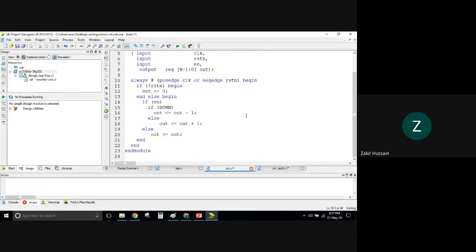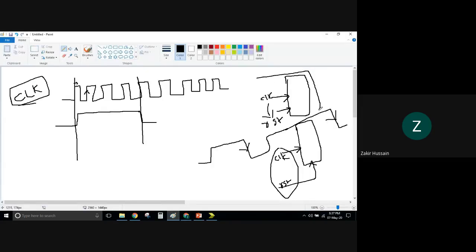Since in our code we don't have this negedge here, it means that with respect to the posedge clock only, this block is triggered. So it is this portion. That is a synchronous reset. We call it a synchronous reset. So that's why you have to ensure that where the clock is going high, there you make this 0 to see the effect of this reset signal in your timing diagram development.